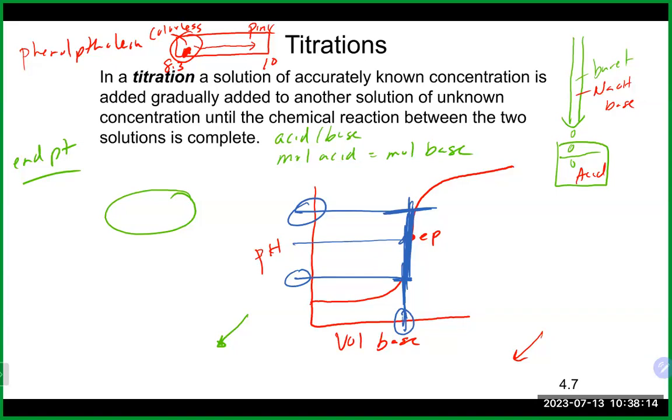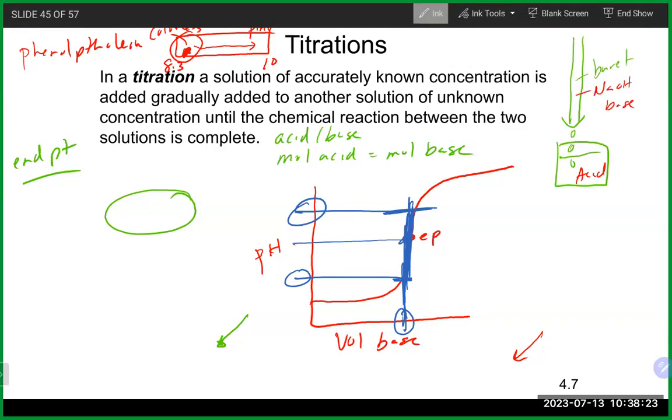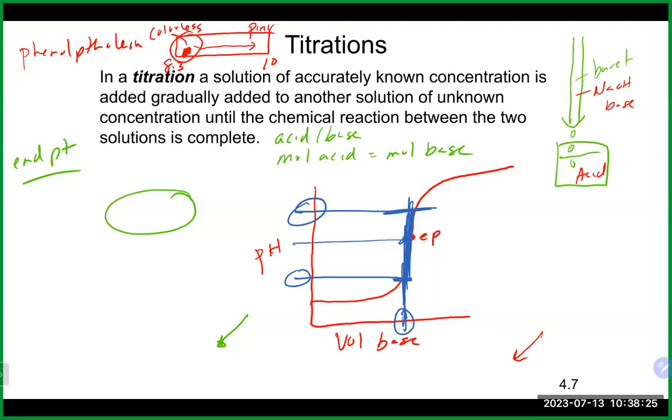Why people say the color is really important and you've got to get that super light pink and not the dark pink is, if you were to titrate like me when I was in school, because, you know, I wanted to go home, right? So I did 3 titrations in 5 minutes and I was done, right? They're all pink, I'm good. But I could get a dark color of pink over here at a pH of 10, or whatever it may be, which is really not too far off in terms of the volume of your equivalence